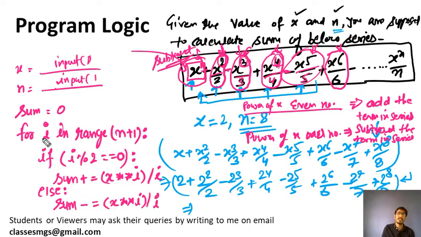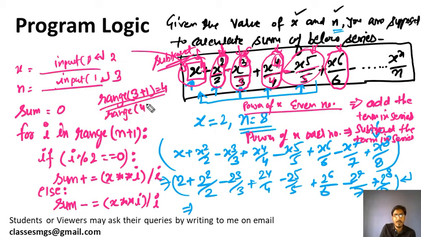Now what will happen in this loop, what will be the problem? The problem is that if you write like this, then let's suppose the user has given the value of x as 2 and n as, let's suppose, 3. How will the range function be executed? Range n plus 1, n plus 1 means 3 plus 1, which will become 4. So range 4 will return how much, 0 1 2 3. Oh sorry, up to 3 it will return.